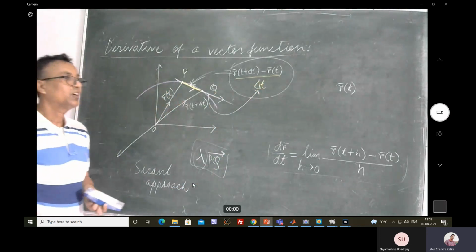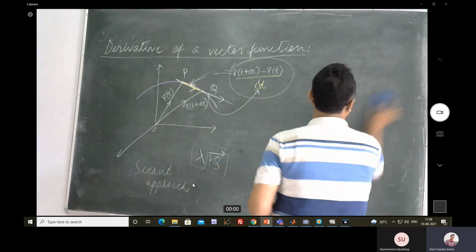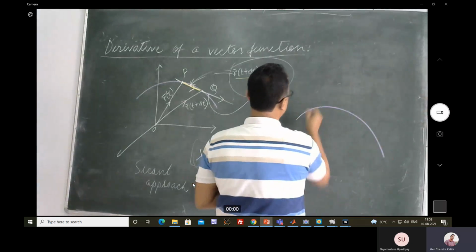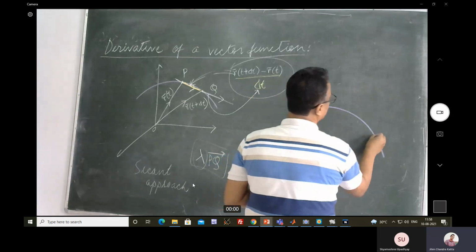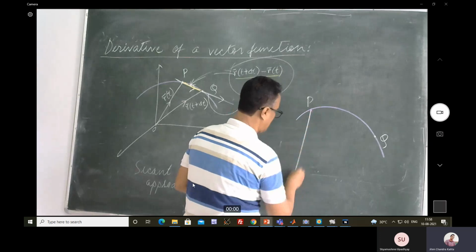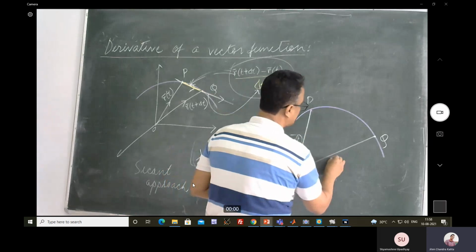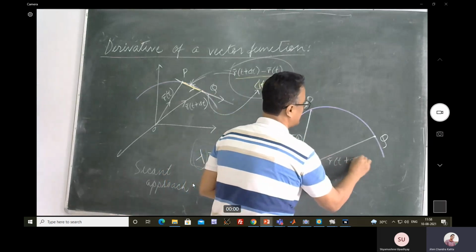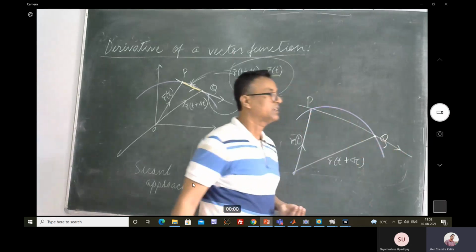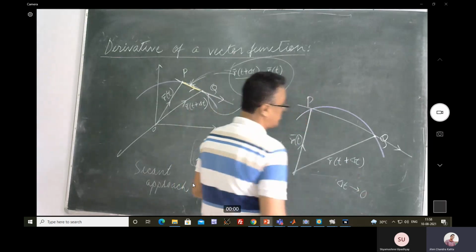Now suppose this is P, this is Q, this is r(t), and this is r(t plus delta t). This vector passing through P and Q is called the secant vector. So now when you let delta t tend to 0,